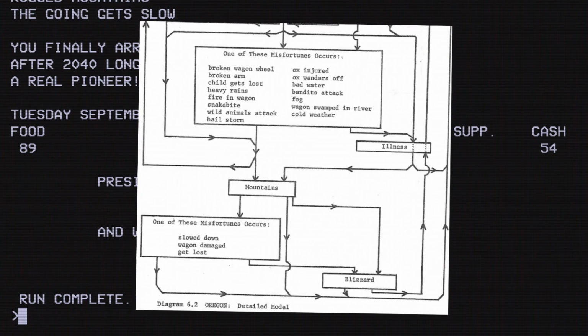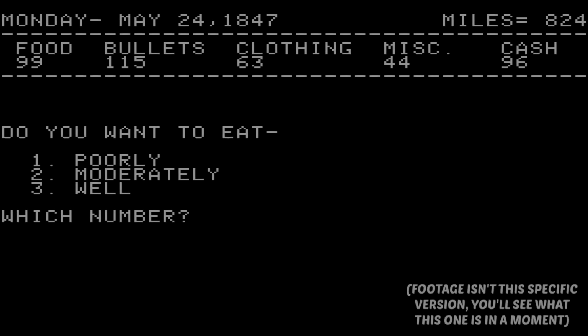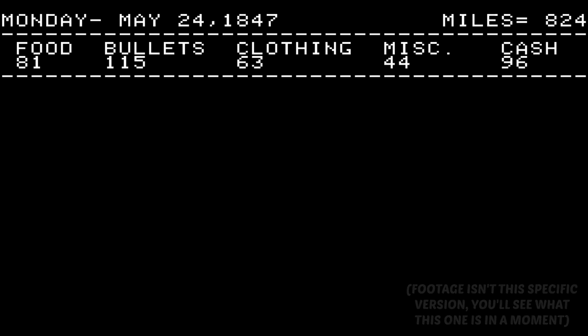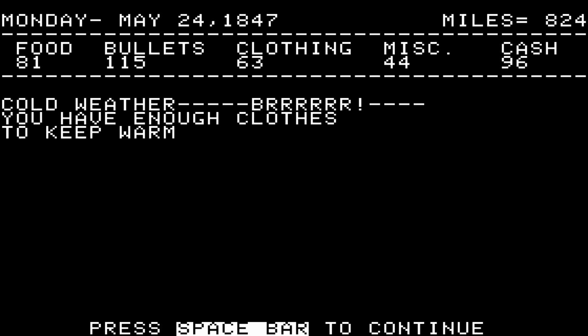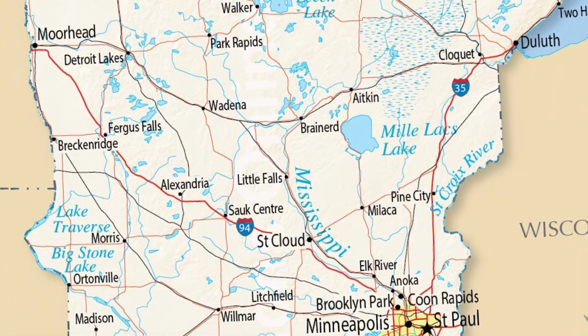So, I hope we have firmly established that this is the Oregon Trail. But now, I'm sure you're wondering, what is the Oregon Trail? Okay, get this. The Oregon Trail was a 1974 text-based adventure game that was pretty much the same as the original, but now available on school computers across the entire state of Minnesota.